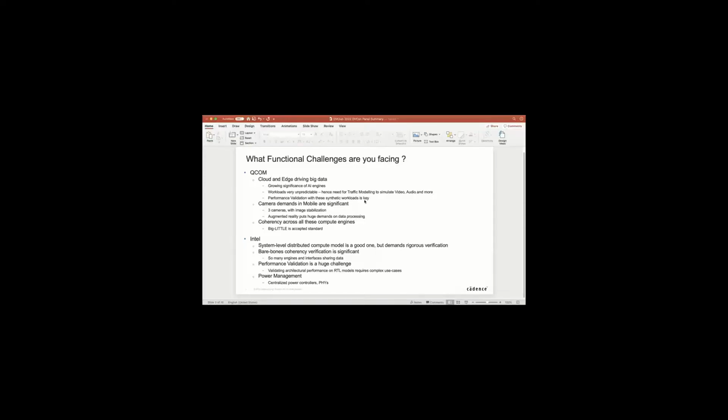Performance validation for those synthetic workloads is important. The number of cameras on a mobile device is creating huge data processing demands, and across all of this, coherency with all of these multiple compute engines is just accepted as something that has to be supported and verified. So it's a big challenge.